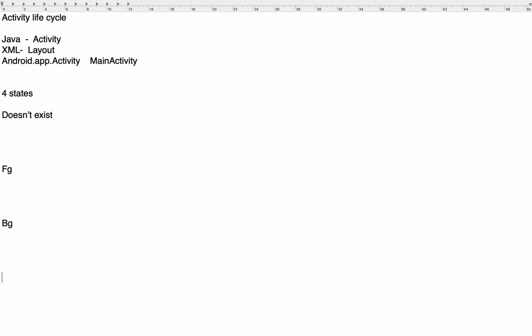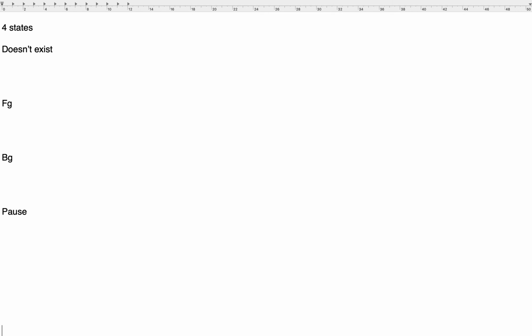And finally the last state is the paused state. So we have four states: activity doesn't exist, foreground, background, and paused. Other than these four states, we have seven major methods,